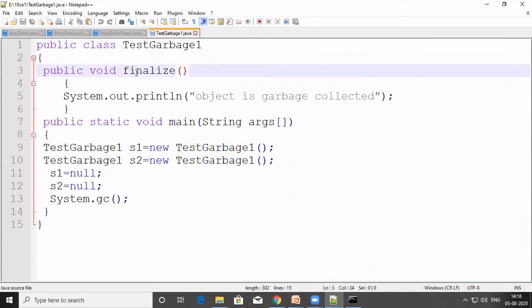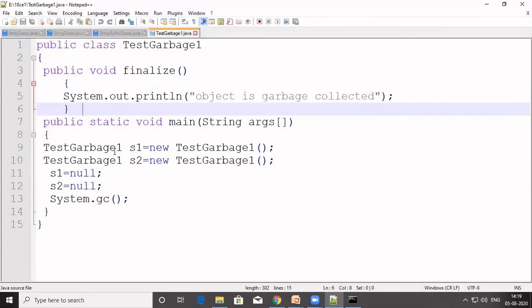In this, I create a finalize method, which is a system-defined inbuilt method, and in this I put a message like "object is garbage collected". In the main method, I have created two objects of the class, S1 and S2. These two objects are objects of the class TestGarbage1.